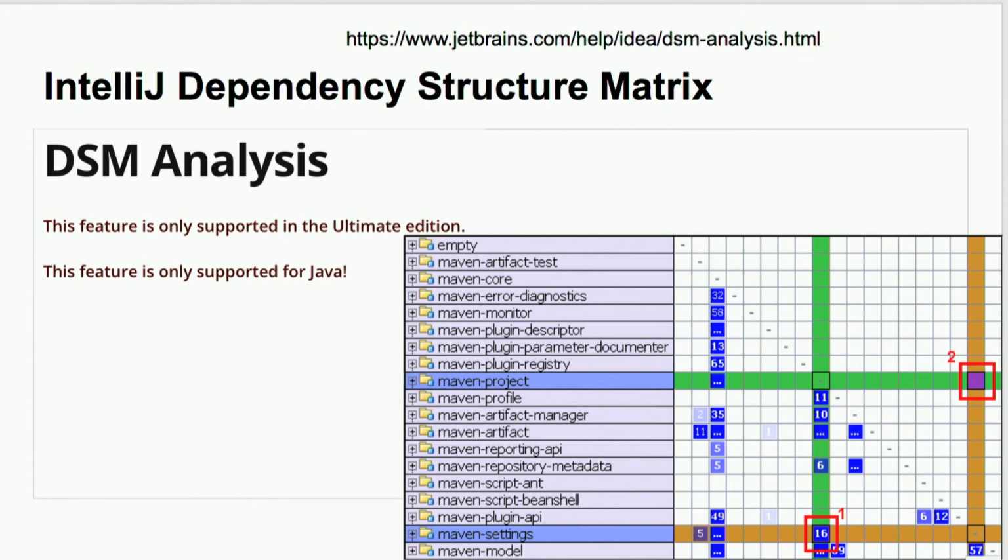There's a whole manual section in IntelliJ that explains what all this stuff is. It's like the rows are this, the columns are this, you can expand stuff. It looks like a great tool for really digging into the structure of your Java code. So I'm including it, on the off chance that you're maintaining a Java code base that you want this kind of thing for. I also mention it just because, if you're building this kind of tooling, it looks to me like you could look at this and get a lot of ideas for